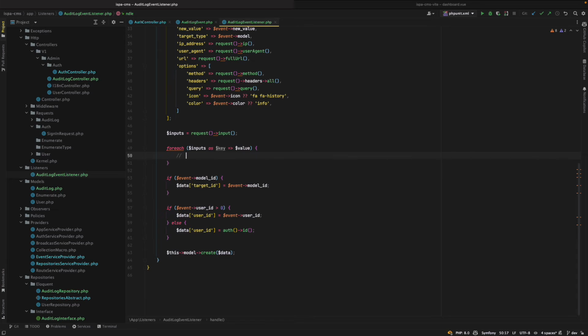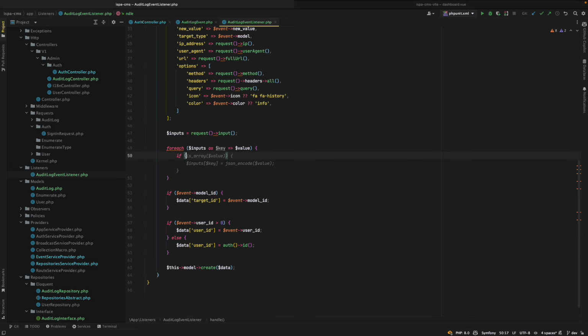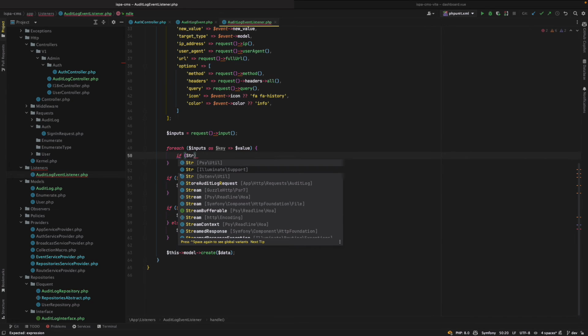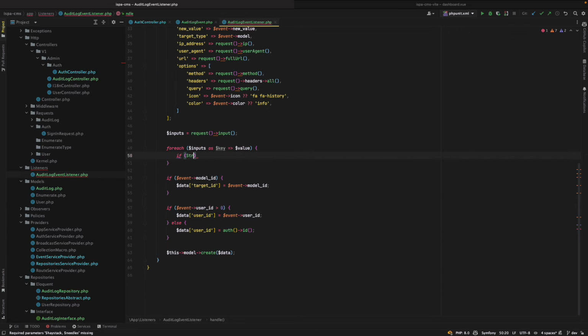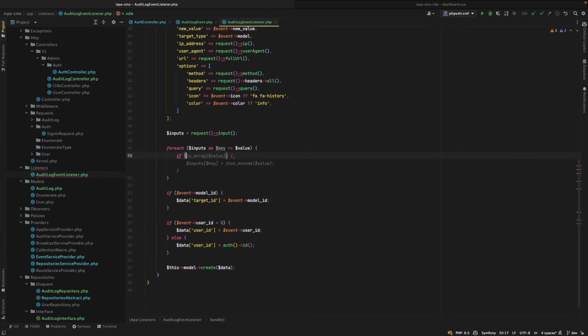We check the password. Regex here. And here, if string contains